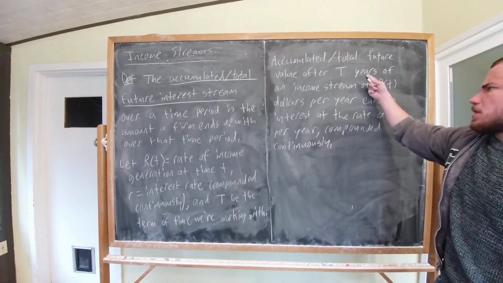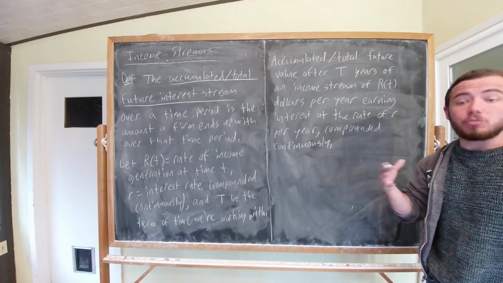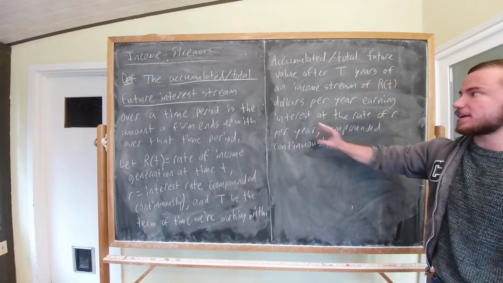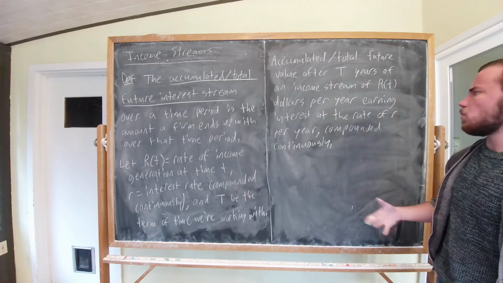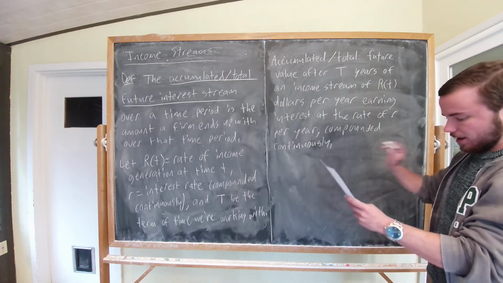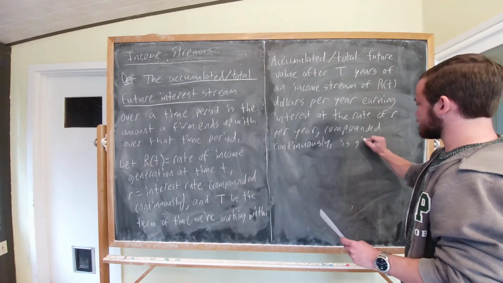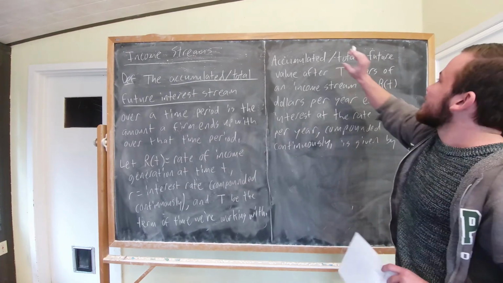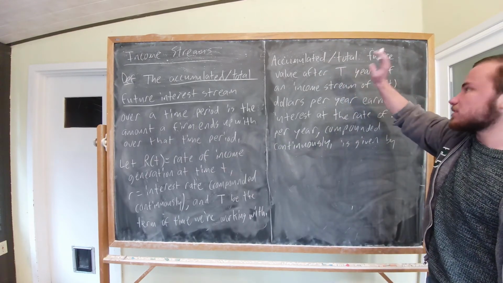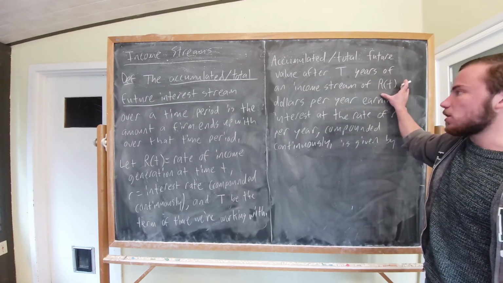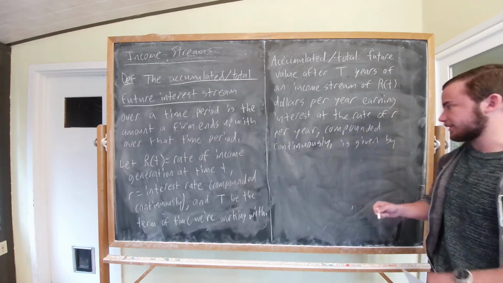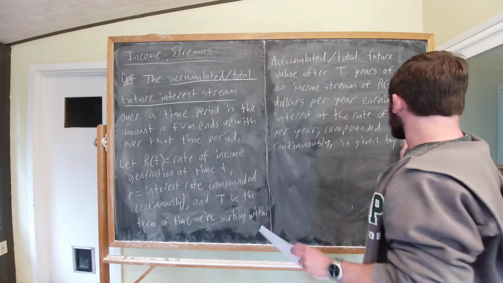Also, please notice, everything is in terms of years. You can shift that as long as you shift all of them, right? Months, months, months, days, days, days. Or you could shift dollars freely, right? As long as you make sure to keep track of all your units, keep that all parallel, this all works. Compounded continuously is given by, so, what we're getting is this accumulated total future value. This is just some setup saying it's after T years, income stream is R of t dollars per year, interest is lowercase r, right? So like 4%, something like that. And it's continuously compounded. And it's given by the formula